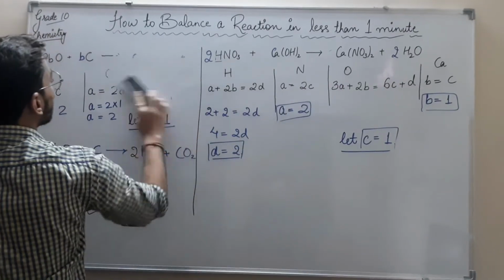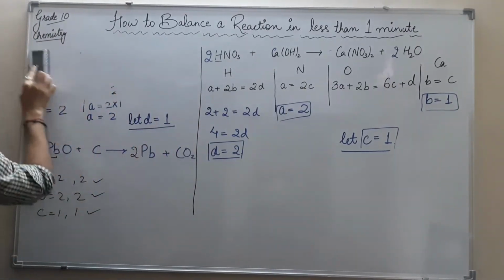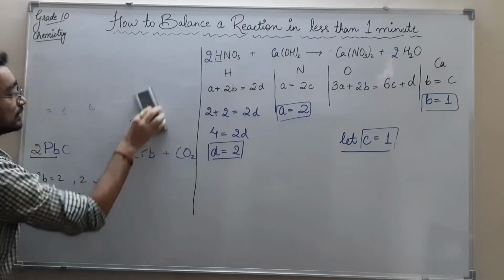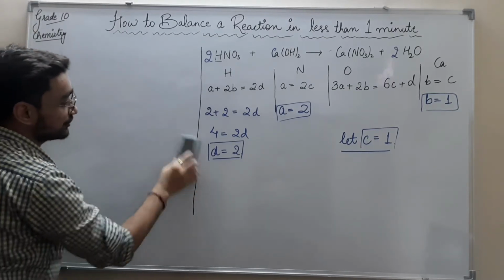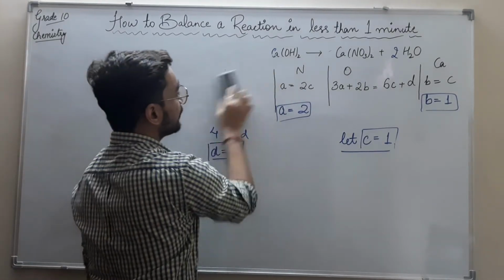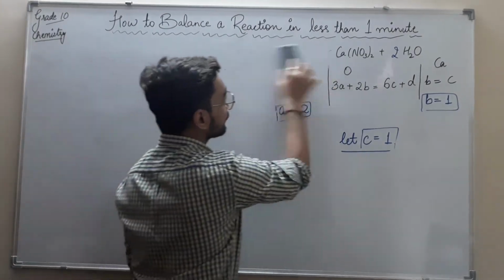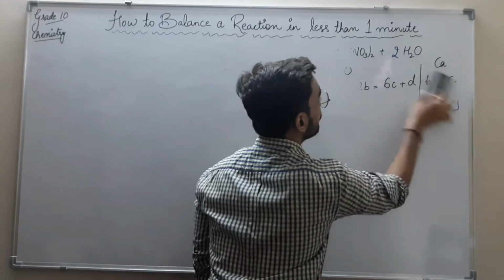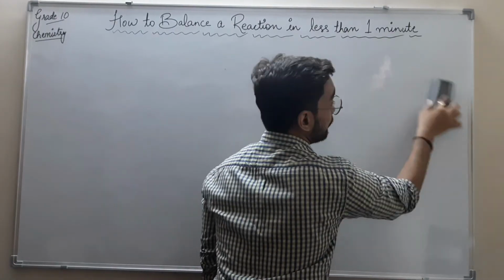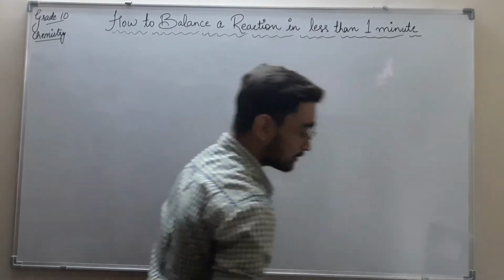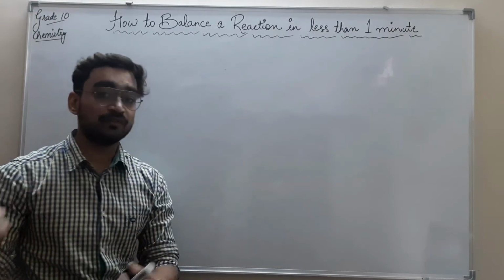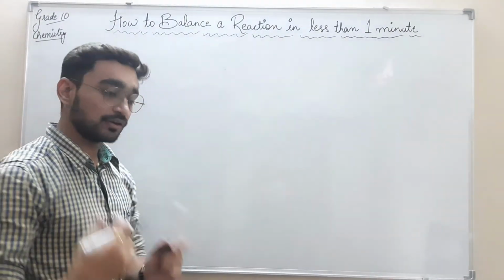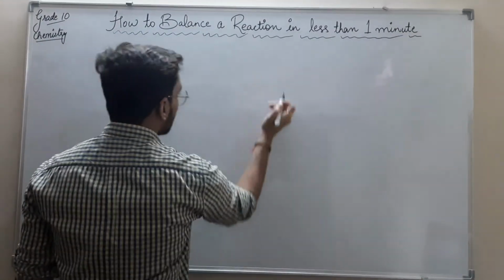Now I want to give you one more example. In that example, you can see what will happen if you are getting a kind of fraction in between. So let us see one very easy example. And I have already told you that this trick is always working with all the equations. With all the chemical equations, it is not like that it will only work with 1 or only work with 2. It will work with all the chemical equations.